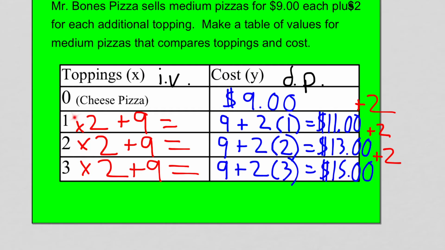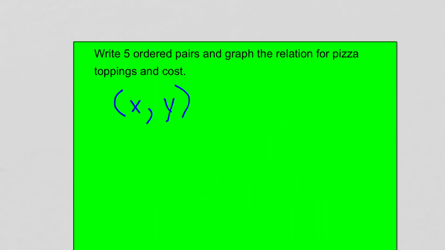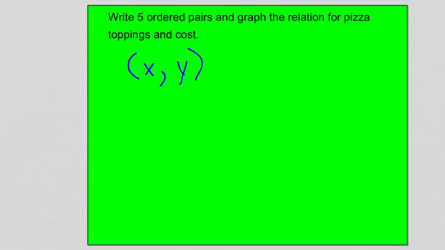When x is 1, I forget about 0. X is 0, y is 9. X is 1, y is 11. X is 2, y is 13. X is 3, y is 15. So let's write these values as ordered pairs or points in a graph. So (0, 9),